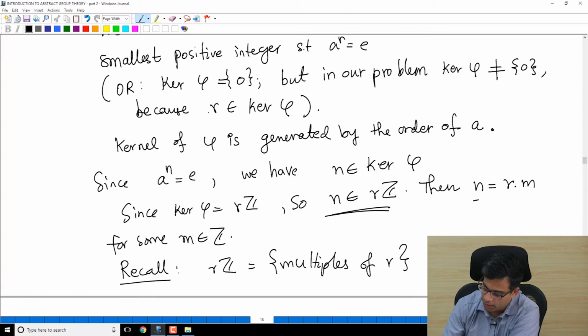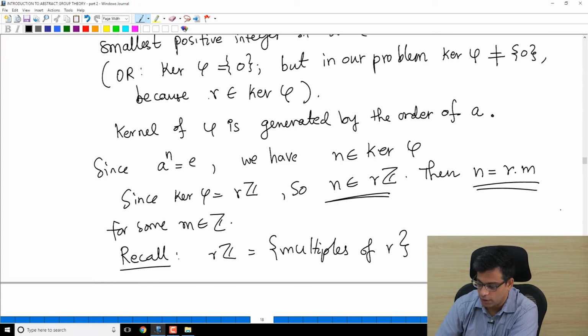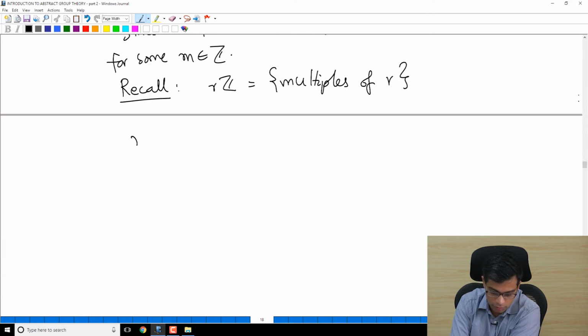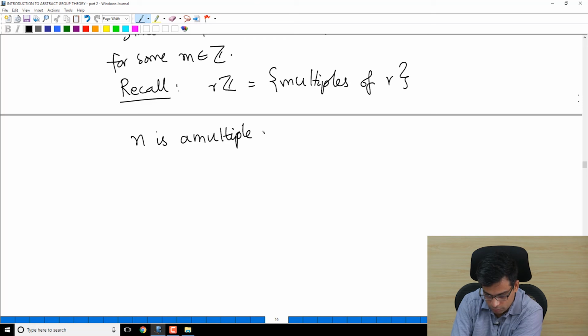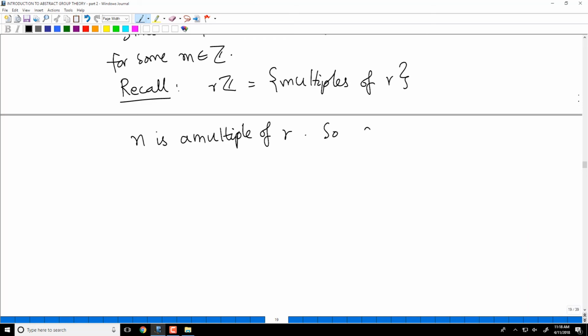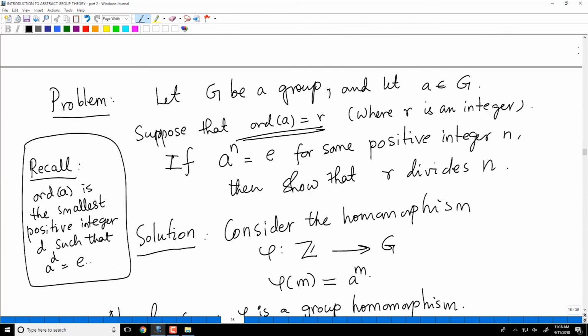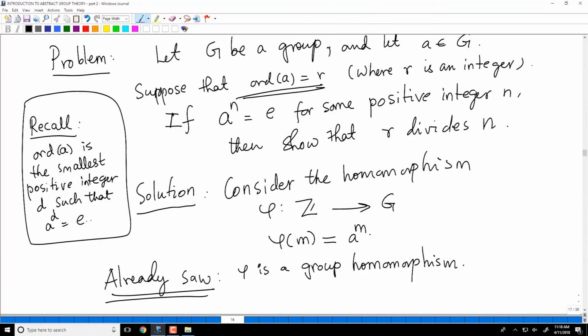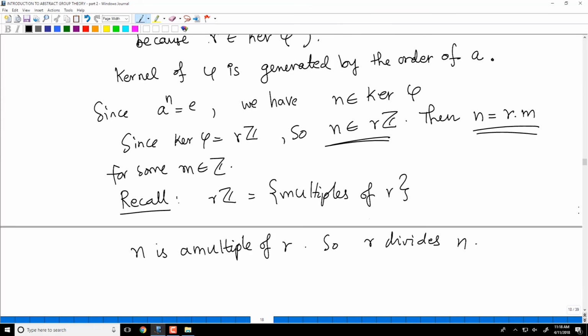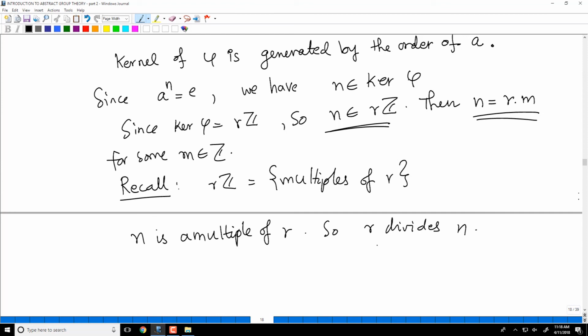If n belongs to them, n is a multiple of R. So R divides n, which is exactly what the problem asked us to show. Keep in mind that if an element has order R and A power n is identity, then R